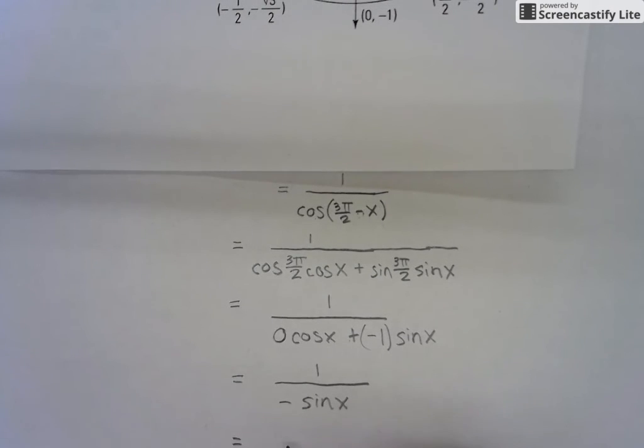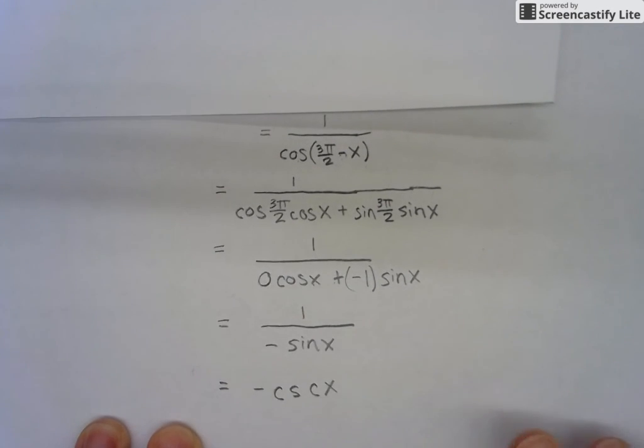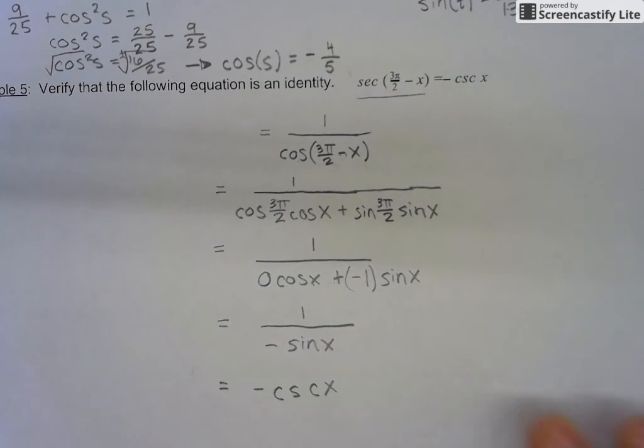Now 1 over sine is cosecant. That negative hangs out there, so I have negative cosecant of x, and that's exactly